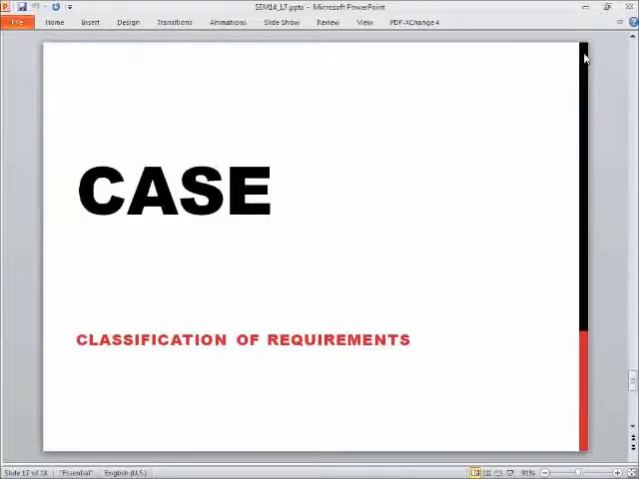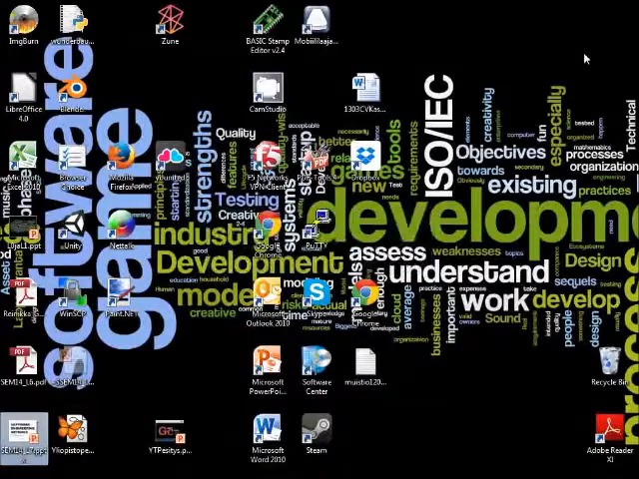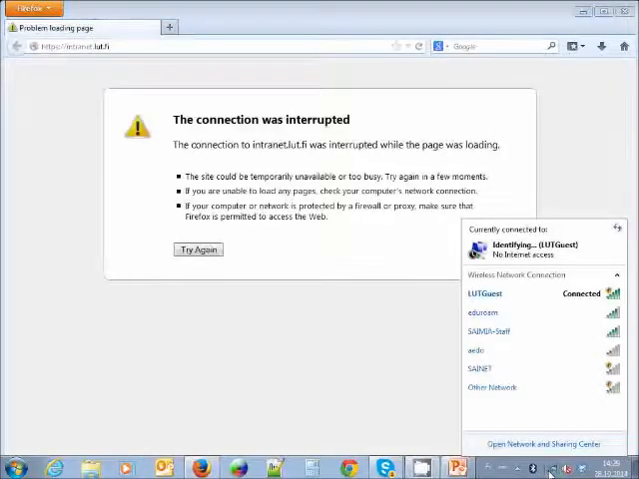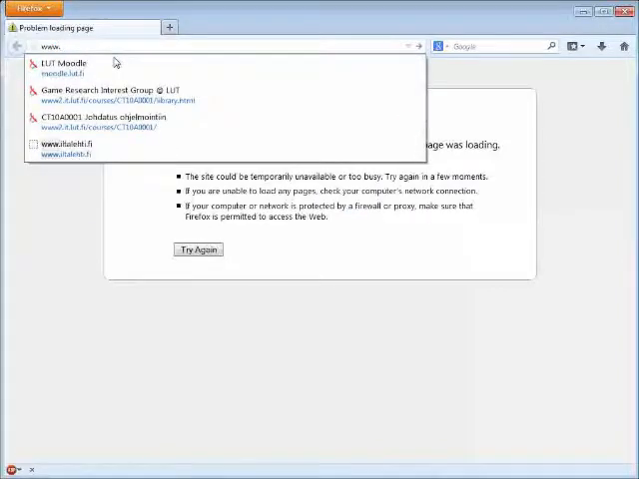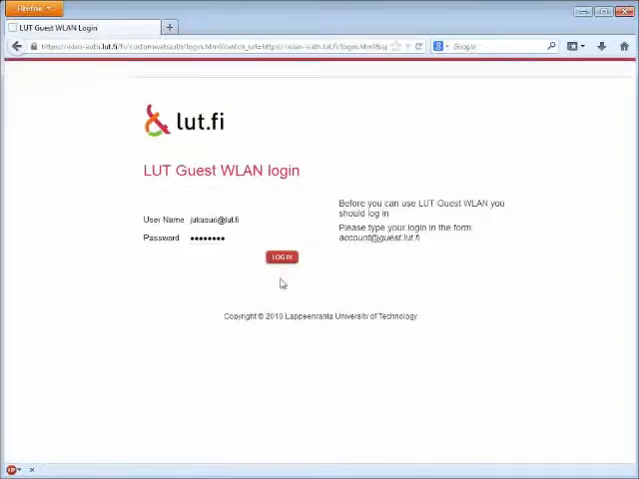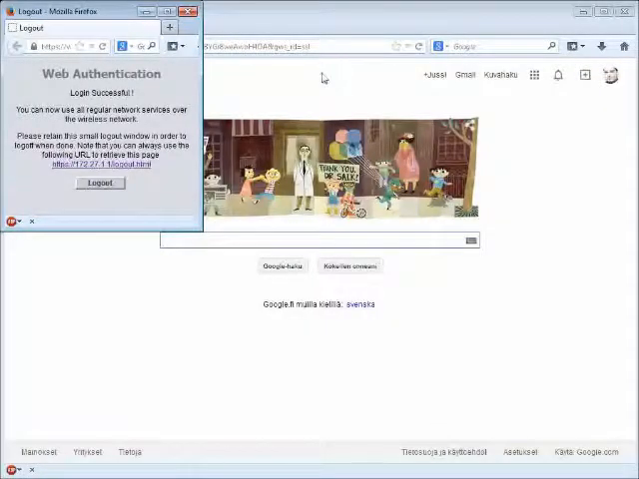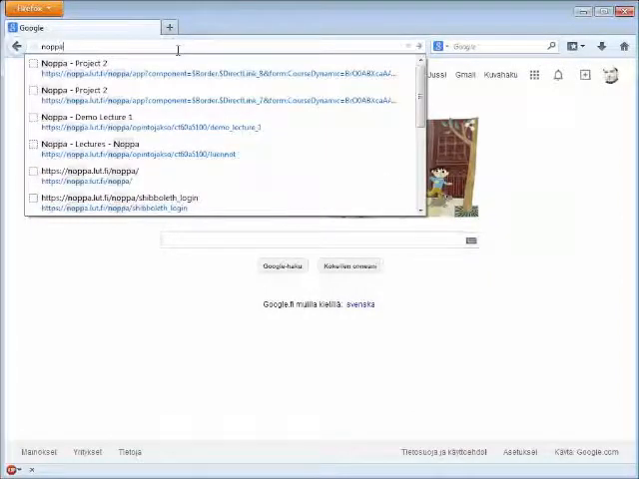So, without further ado, let's go into the case description if we get online connectivity here. If we don't, I'll just change to another system, but